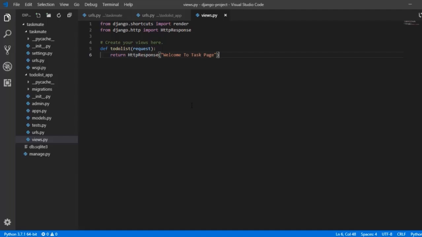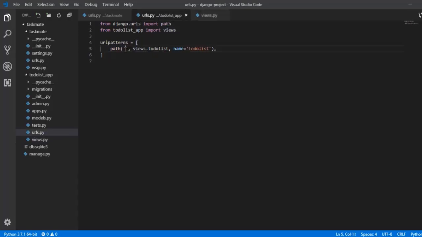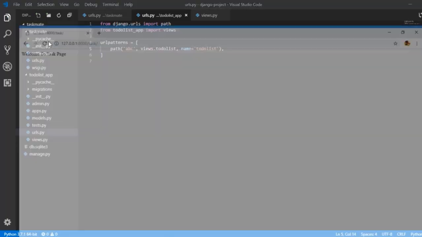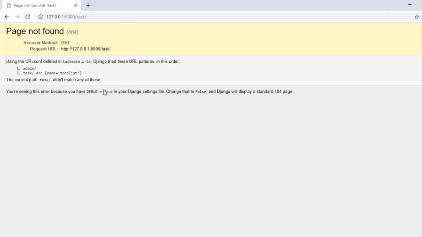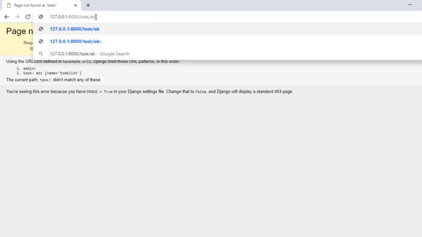That means I can return our HTTP response. I can also return and render templates, our HTML, CSS, JavaScript, all the different type of templates that we require. So that's the basic thing. We now understand our connection, and also we are now able to understand about URL routing. So if I do one small change and call it as ABC, and if I refresh this one, I'm going to get an error because now it is under task and then I have to use ABC. That's how it is going to work.